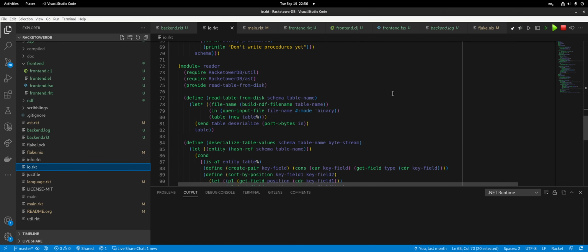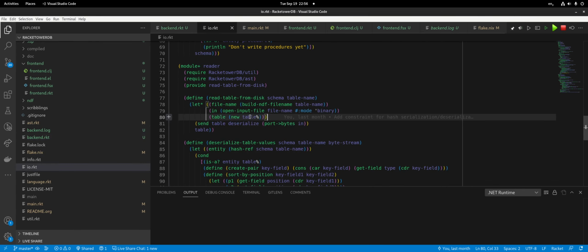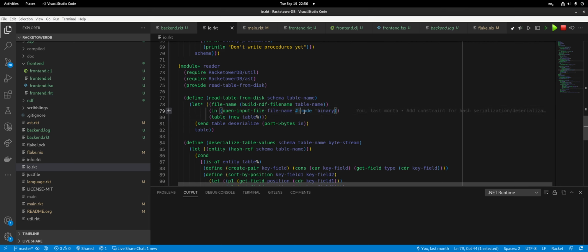Because the function might be used for something else, and there might be a read dash string. Can I change the mode maybe? Oh, open file. I don't know actually. Let me explain. So what's on the byte in and out ports, these are the ones provided by the TCP accept. So theoretically speaking, I can't use this function here because this function opens a new one. And when you're using this function, you have the optional flags that you can pass to change the mode